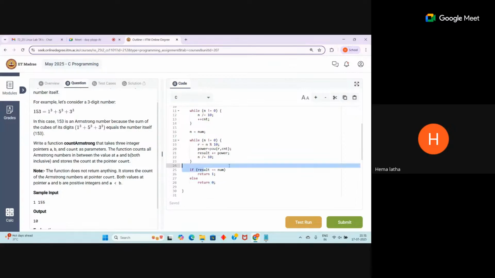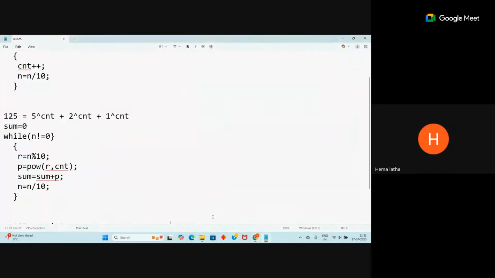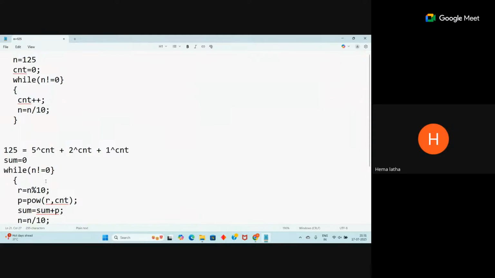So if these two are equal, it will return 1. Otherwise, it will return 0. So in this example, both are not equal, so 125 is not an Armstrong number. Okay, so like that,